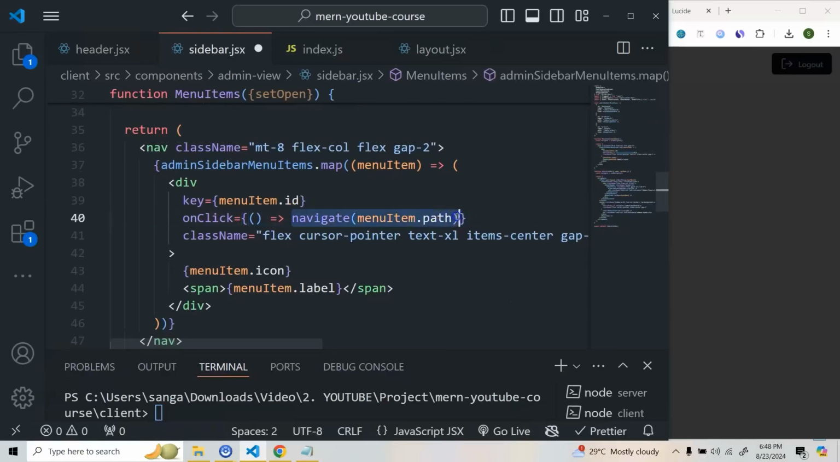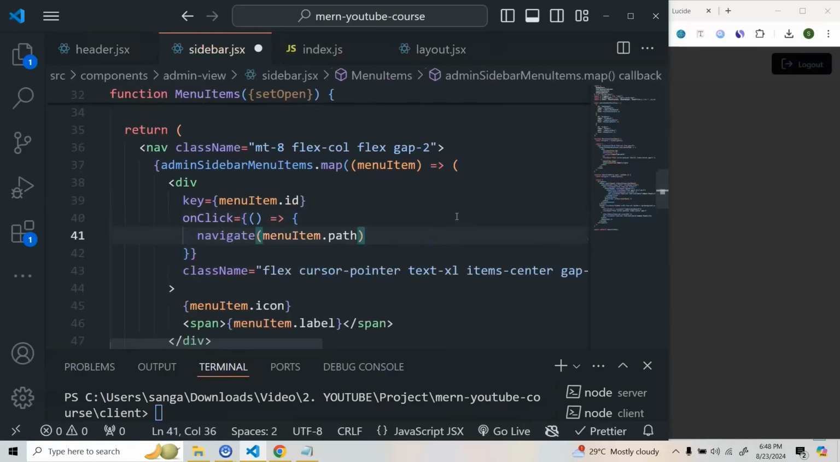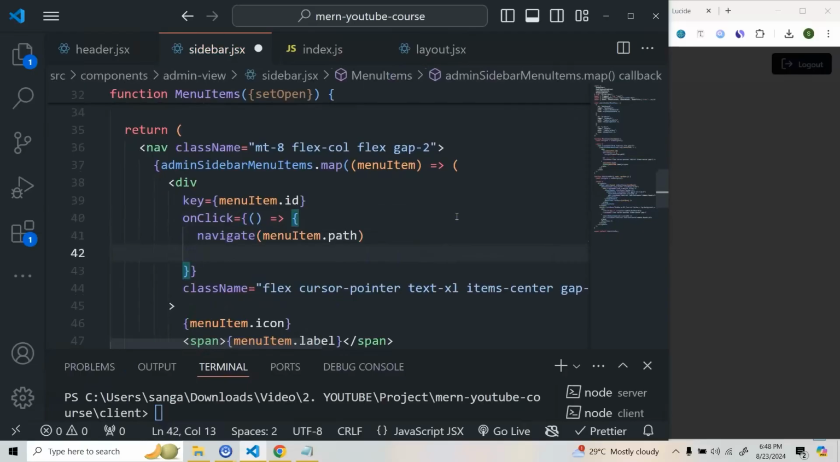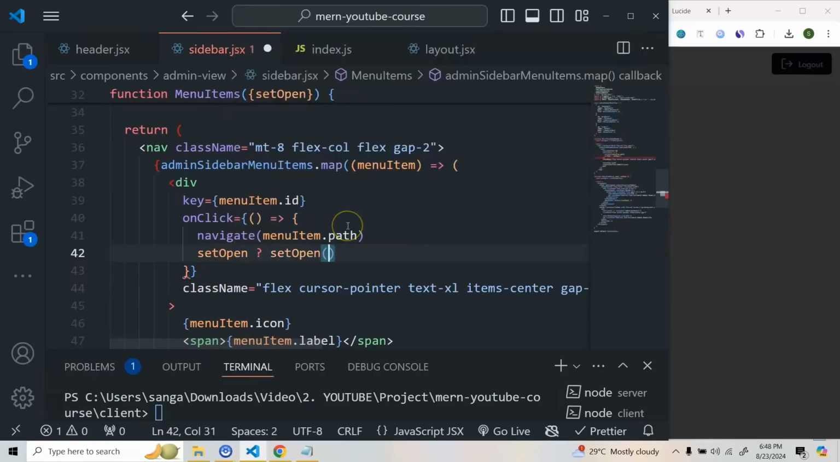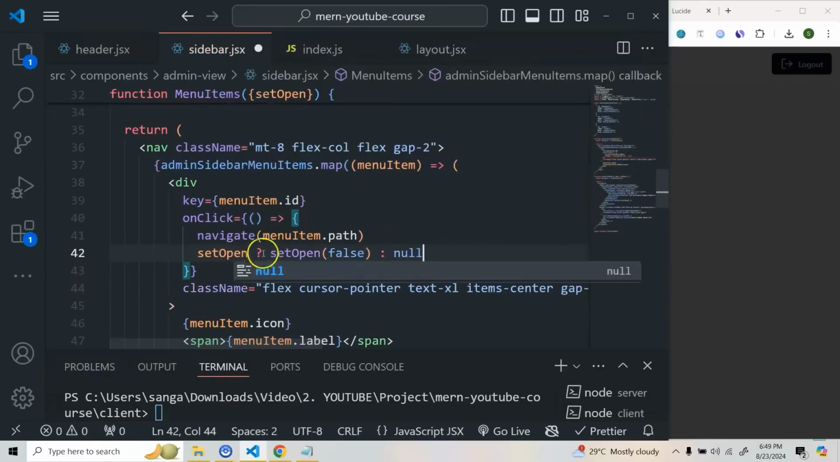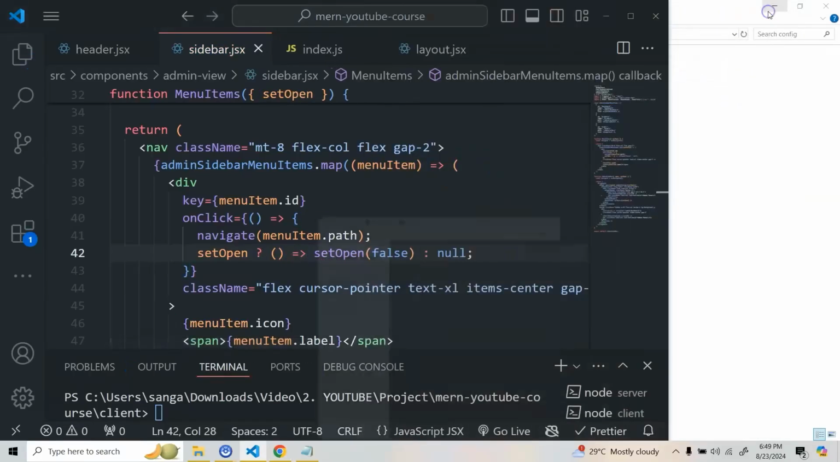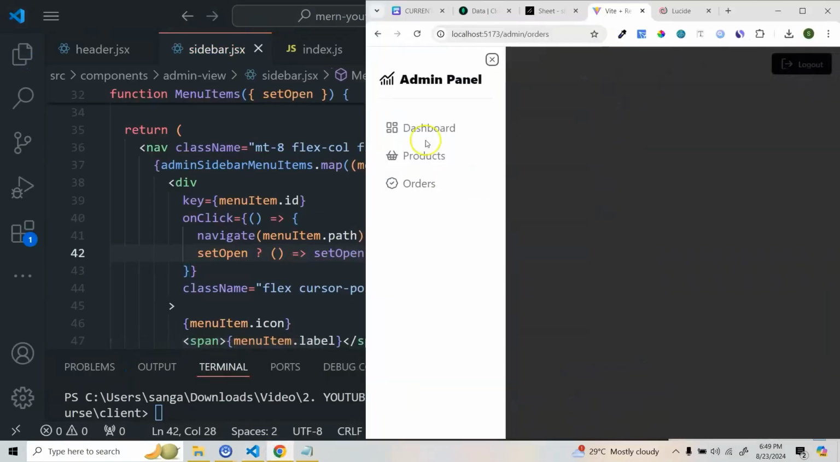Now what we can do, so first we will navigate and we will check if set open is there. So we'll do set open. So this I'll make false, or else this will be null. Or let's see what is happening. So if I click here,